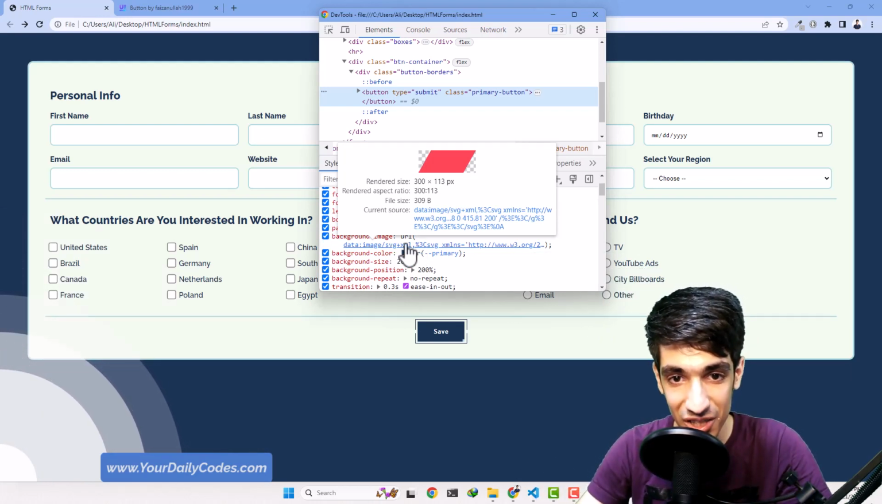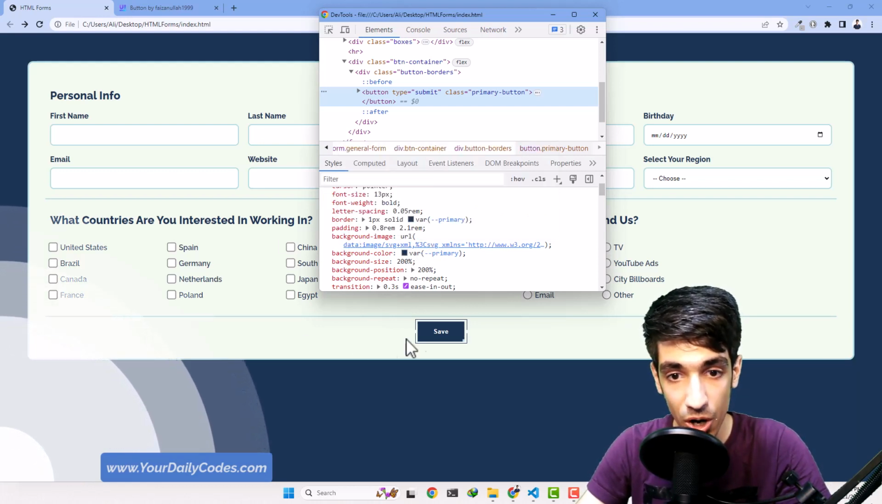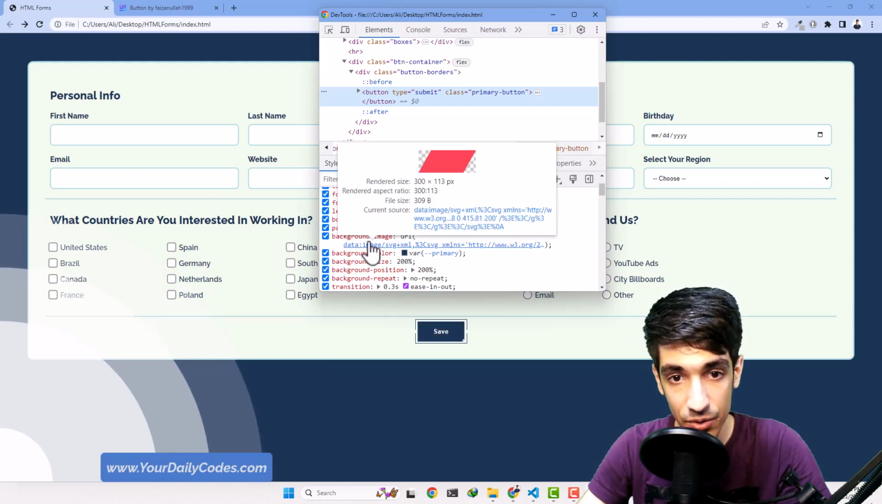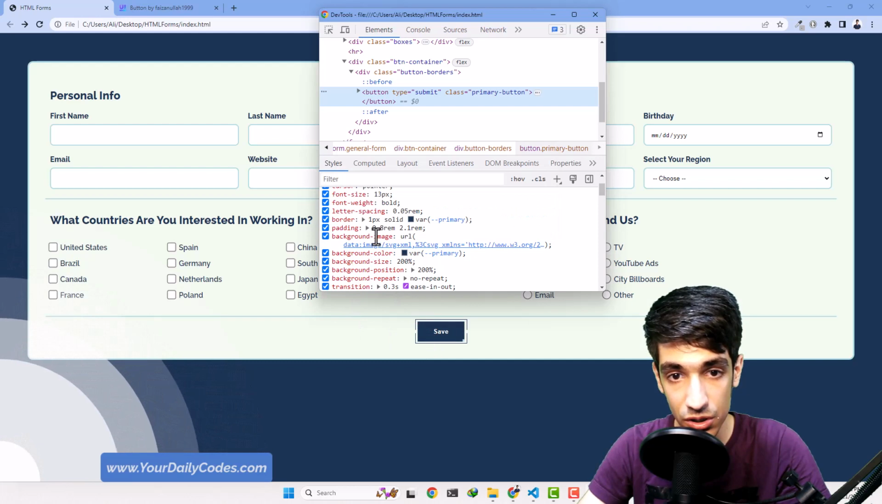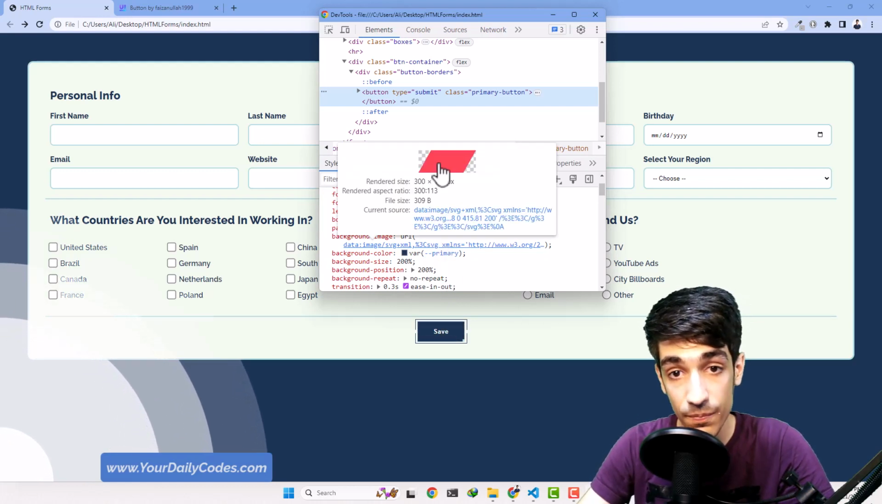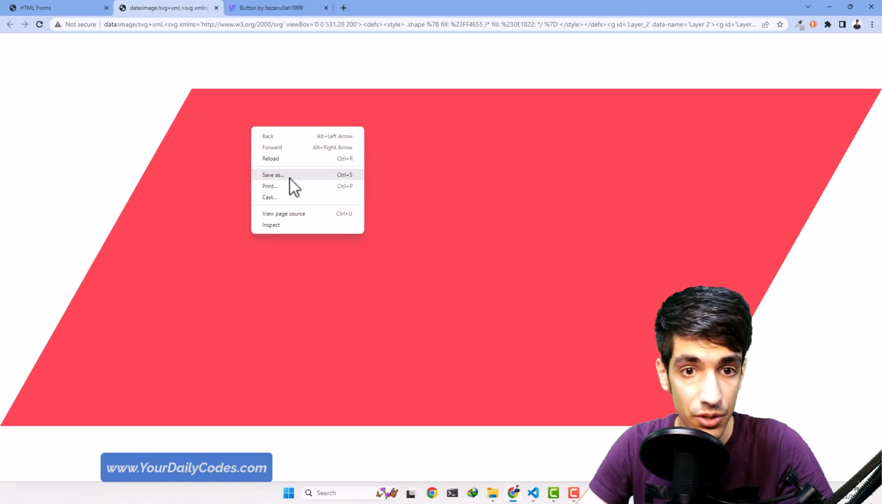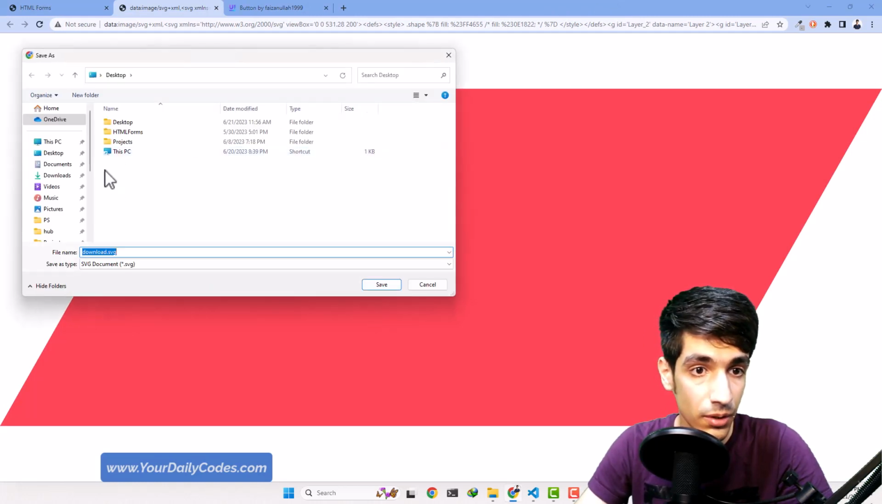This image that is being used here is actually not a color. So you can see when we hover that, it has a background image. Yeah, it's using a background image. So that's why we have this problem here. We need to actually change the color of this image, or use an image of our own. So let's save this image, save as. So we can go ahead, maybe in our desktop here, and I call it